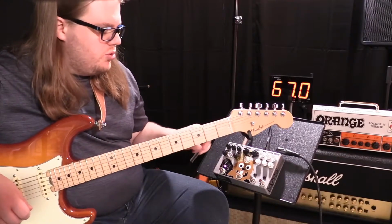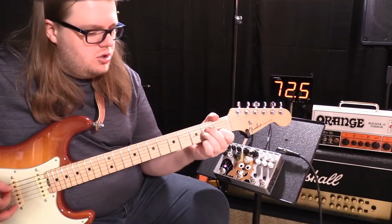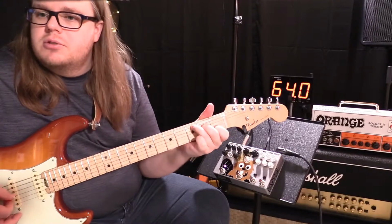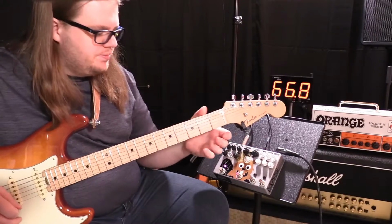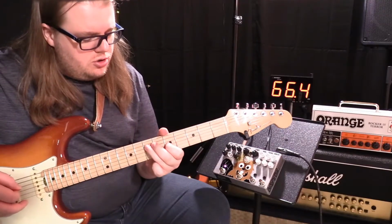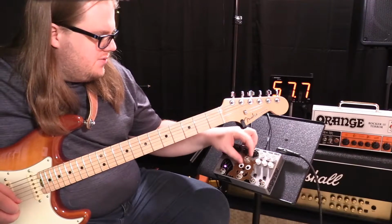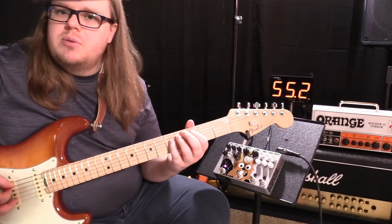But the shimmer reverb on this thing, the thing is, often right now the shimmers are there, but obviously for this it is less interesting. But let's say I put some delay in there and I raise the feedback and the time and the level. And if you're into ambient music or something like that,